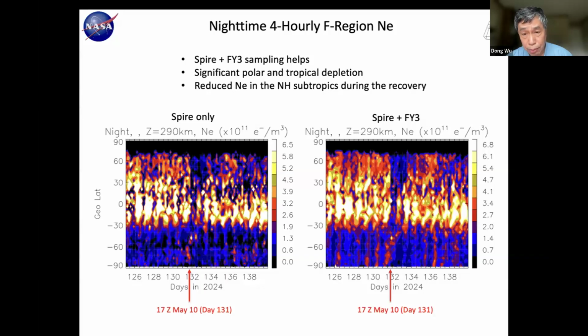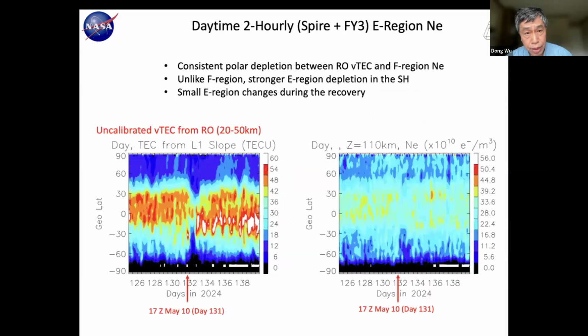Fengyun helps quite a bit to cover the polar region. In the E region, we have a lot of data from Fengyun and COSMIC-2 at the equator. This one helps you to do 2 hourly. So we can see